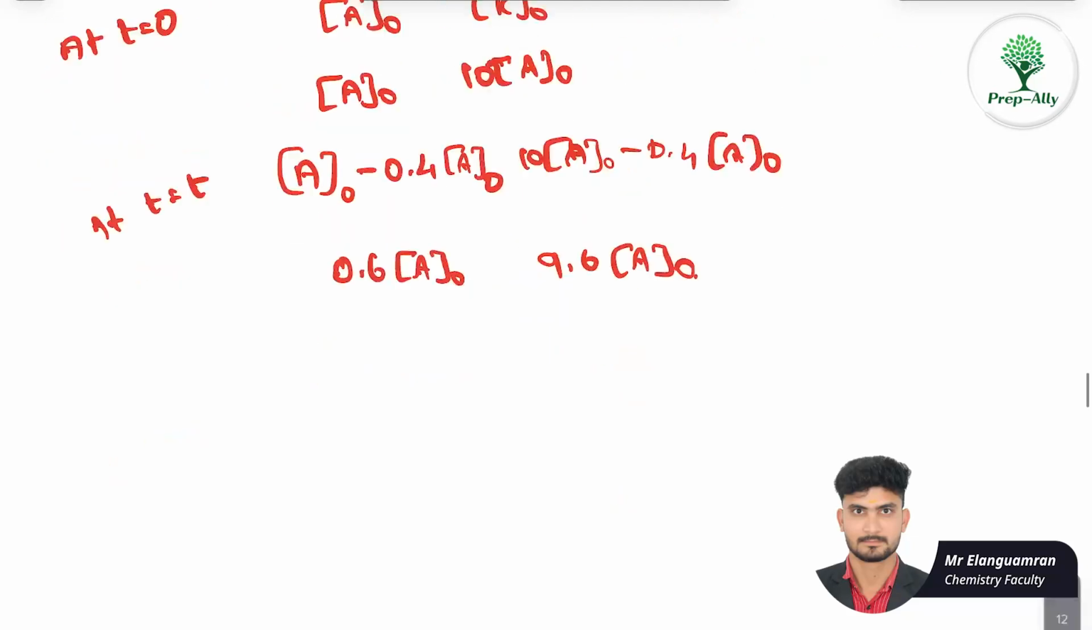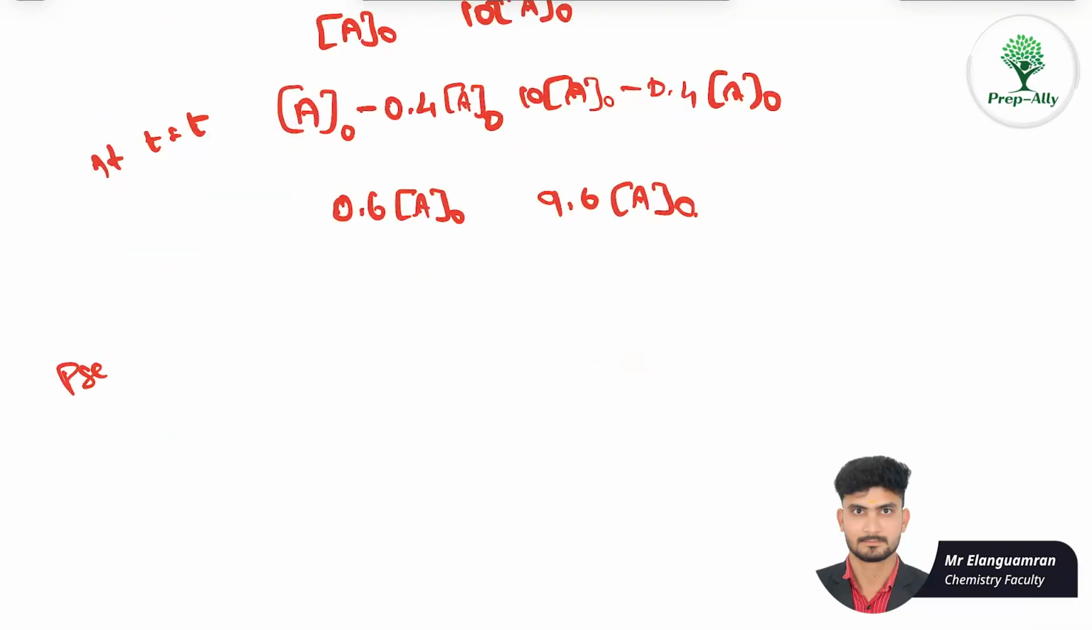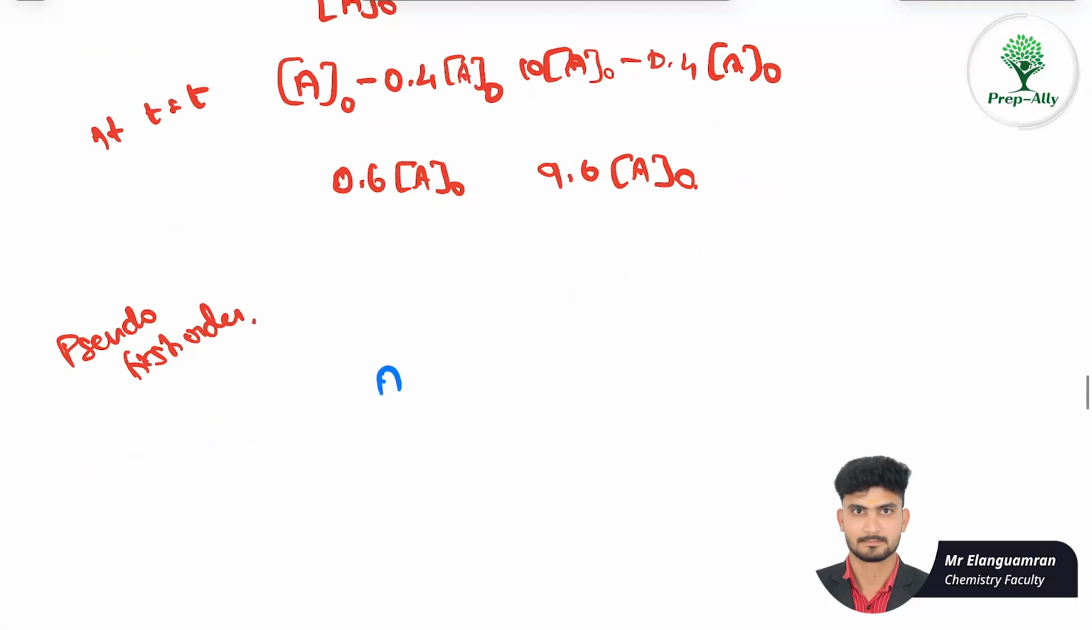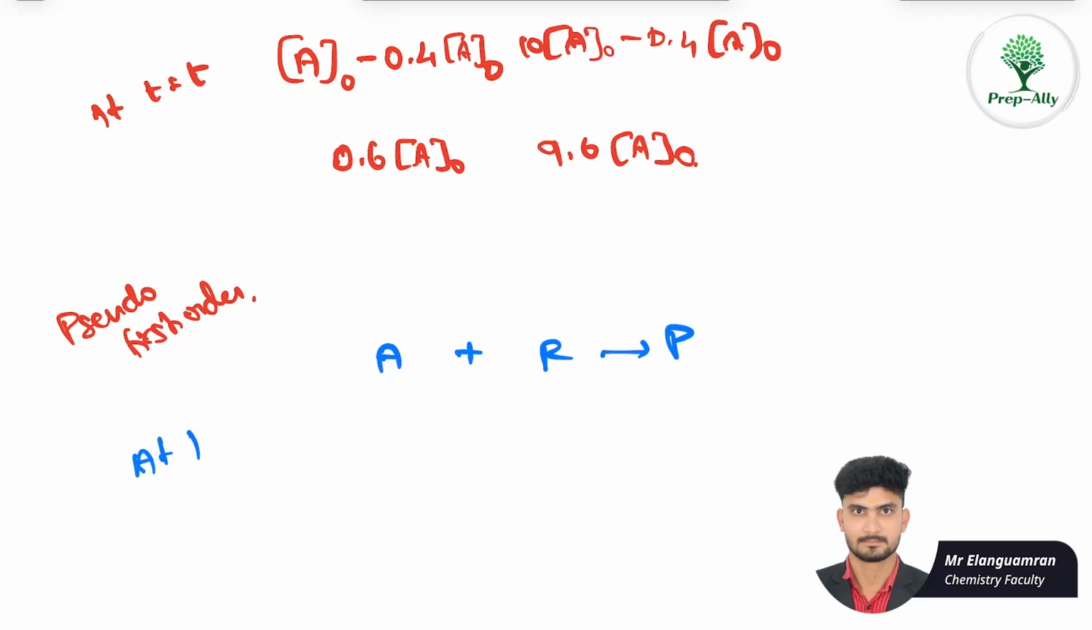second order. So let's consider the same equation as pseudo first order. If I consider this equation as pseudo first order, A plus R gives product, at time equal to 0 I'll have A naught and 10 times A naught of R, and 0. But when 40% is completed, I will have the same thing, 0.6 A naught here,